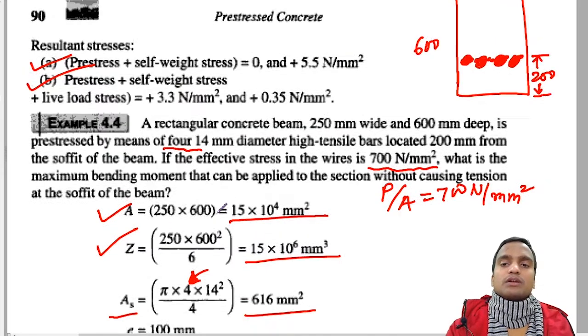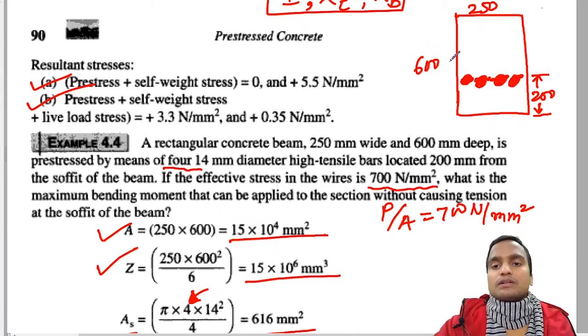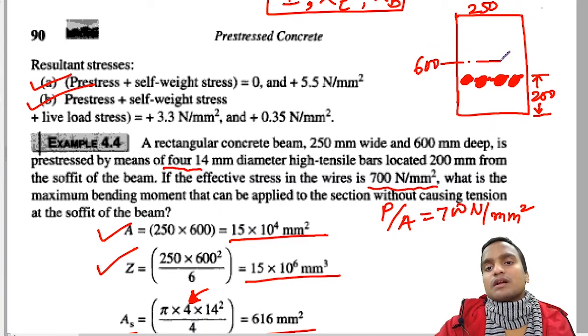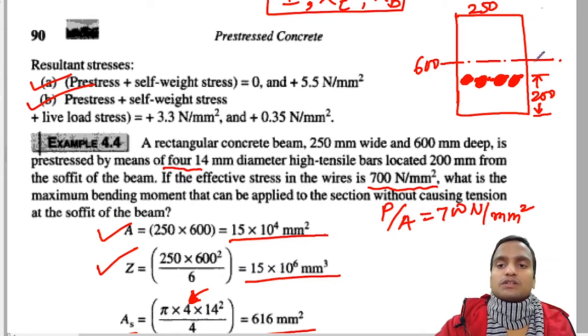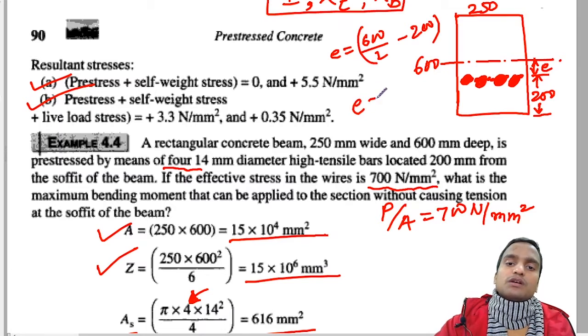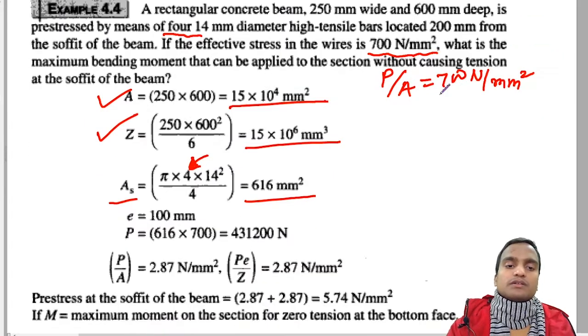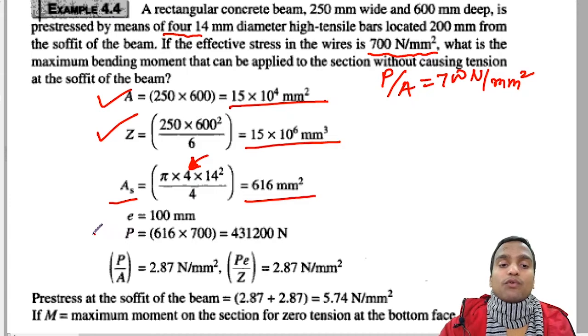How is eccentricity calculated as 100 mm? Because the centroid of the section is at a distance of 300 mm from the bottom. So this is the distance, the eccentricity, and E will be equal to 600 by 2 minus 200. Is it clear? So E will come out as 100 millimeter. So eccentricity is calculated, and the total pre-stressing force P will be equal to 616